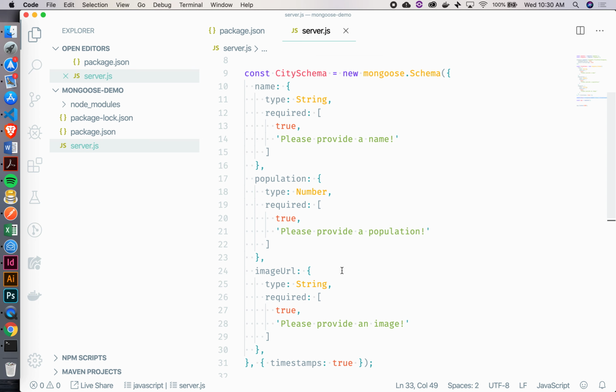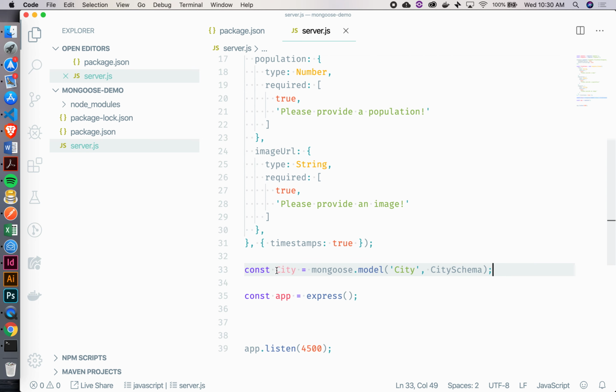All right. So now that I've got a reference to this model here, the city model, I can actually do things with it. So I should be able to create a new city. I can also find my cities. I can update one and so forth. So down here, let's start to create some routes. So if I want to create a city,